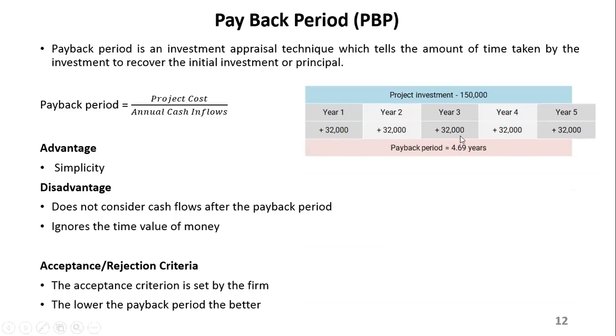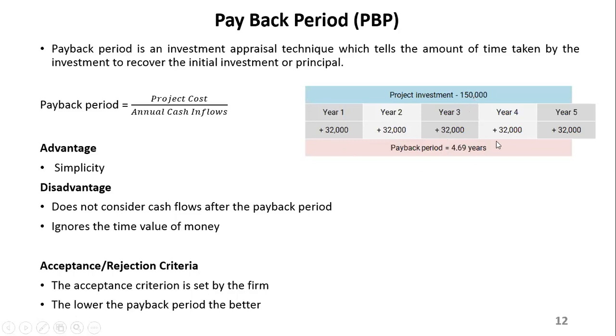Yeah, a typical example is this one. Here they have made an investment of 150,000. Each year the cash inflow is 32,000 for all 5 years. So basically, what you do is you take that 150, then you divide it by the amount as time goes on. Now you add them up. Let's say two of them, then you divide it and see how long it will take.